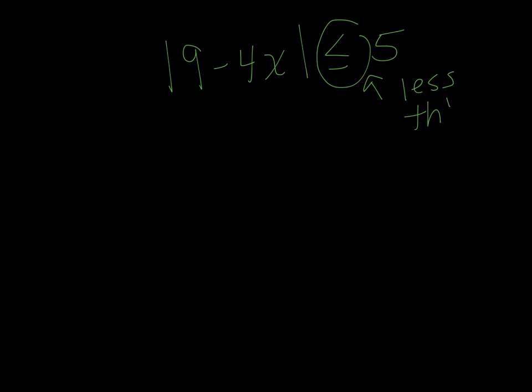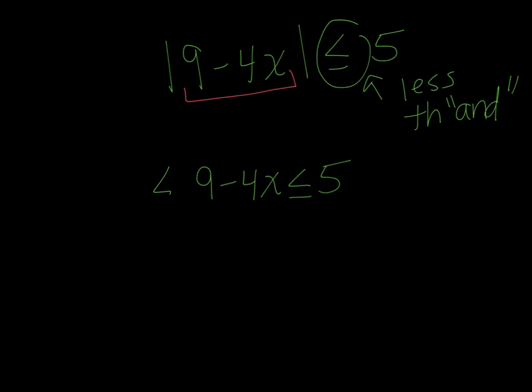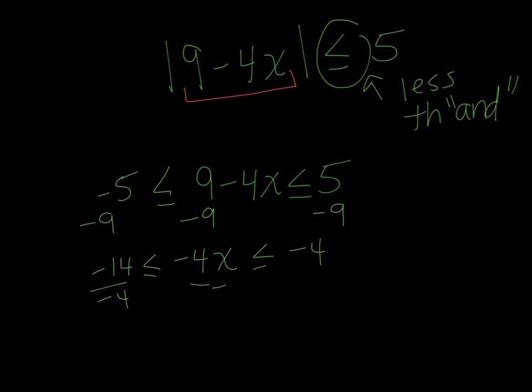Let's try an example. If I have the absolute value of 9 minus 4x is less than or equal to 5, since the symbol is less than, I think less than, I'm going to sandwich the middle of my inequality, so 9 minus 4x, between positive 5 and negative 5, which when I solve by subtracting 9 from both sides, I get negative 14 is less than or equal to negative 4x, which is less than or equal to negative 4, and divide all sides by negative 4, I get that